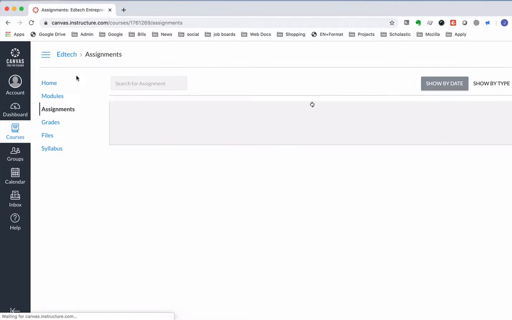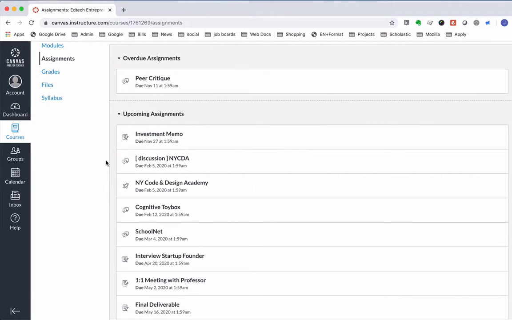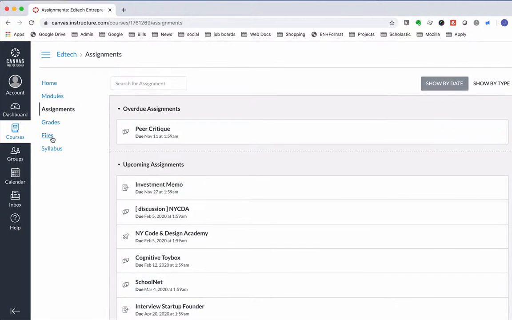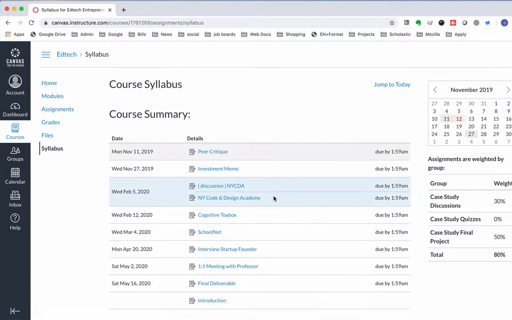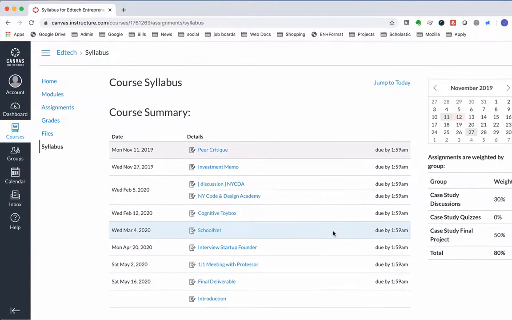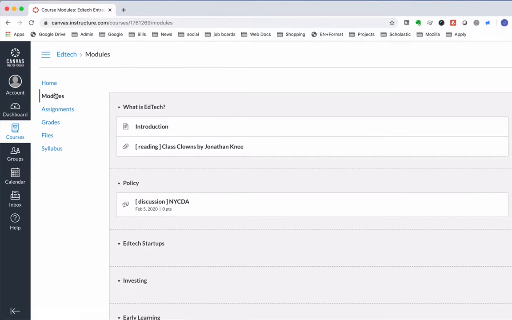The assignments are also listed and organized here. I'm looking at the student view, so it's organized by due date. And then we've got a file system and the syllabus that organizes everything in terms of their date as well, with this little calendar view. So going back to the